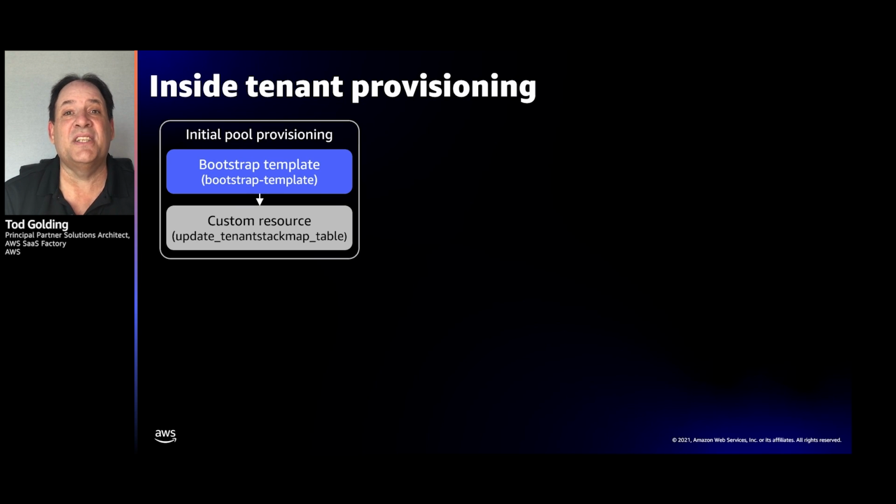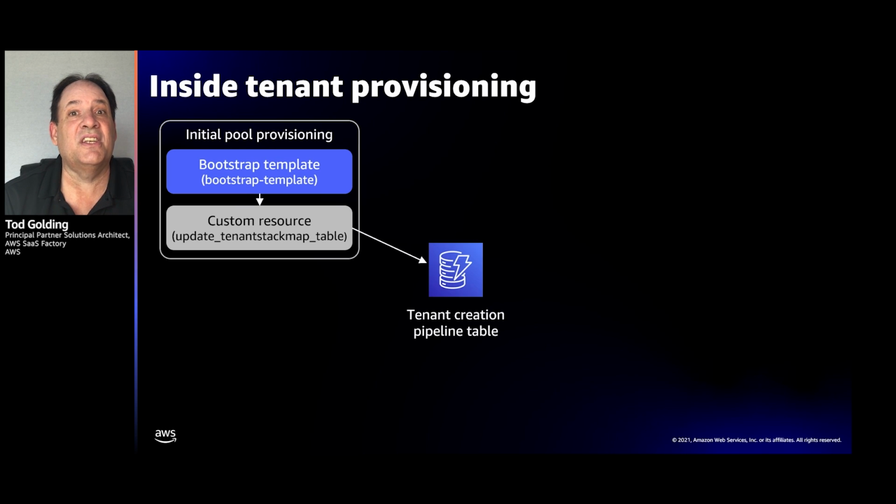And it's essentially saying, hey, when I first build this environment, I first spin it up, I need a pooled environment. And so what I'm going to do is I'm going to call this custom resource. This custom resource will essentially go put an entry into a DynamoDB table, and that DynamoDB table will say, hey, I need to create a new stack. It's a pooled stack, and I need to go get it created and provisioned for this baseline environment.